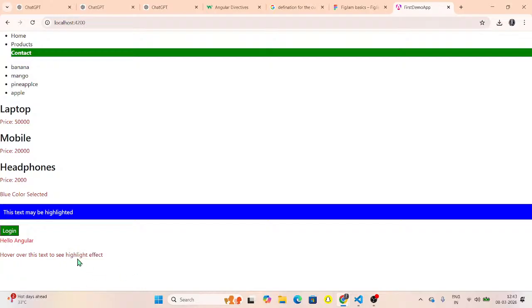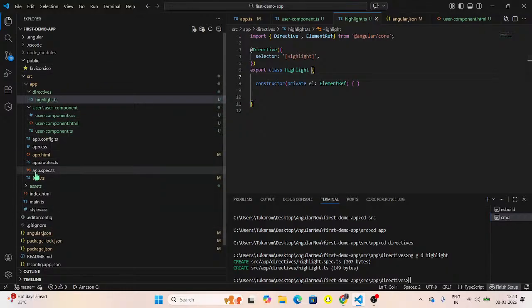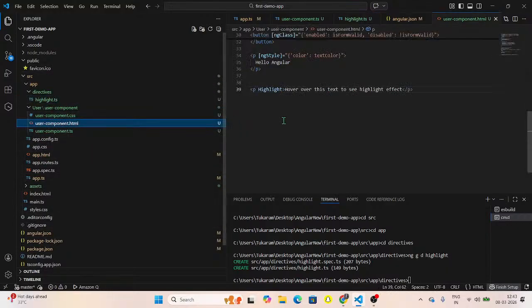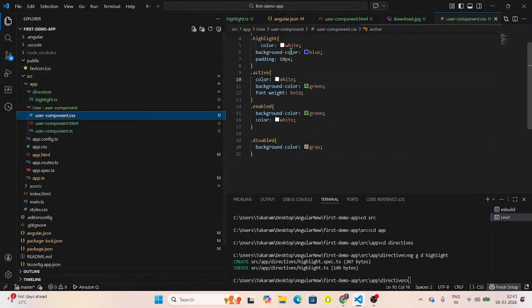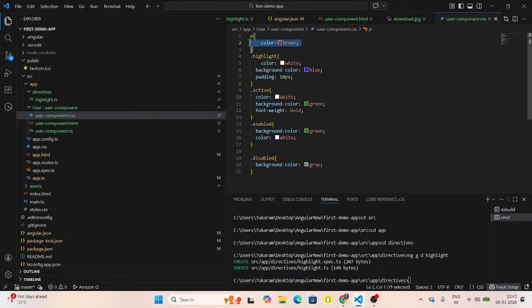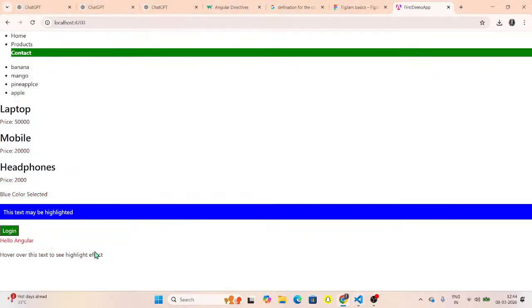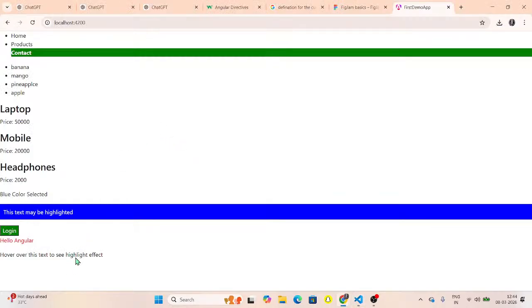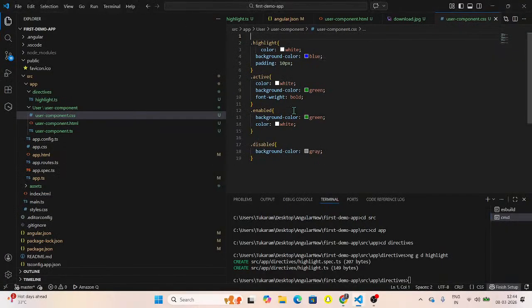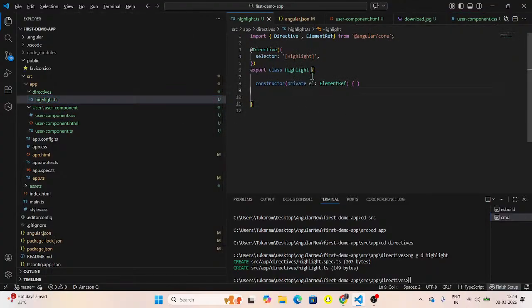Over this highlight effect. See, because we have this CSS for p, we are getting all p's in red color. Now we are going to hover over this, and nothing is happening. Okay, for that we are going to add host listeners. It suggests that you go here. We have host listeners